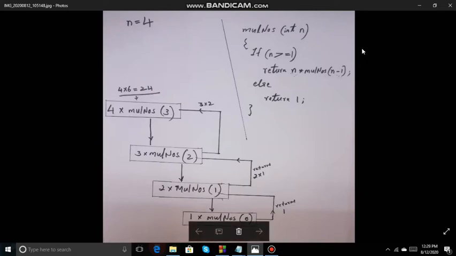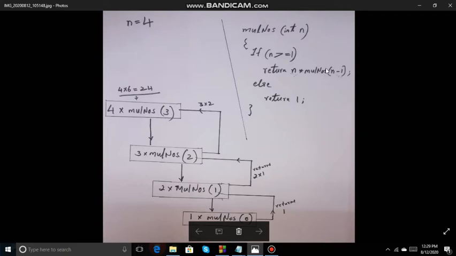To do recursion, we are going to take the example of factorial. We are going to find the factorial of a number by way of recursion. So in this case, we are going to find the factorial of, say, n is equal to 4. The number is 4. So this is the function for that. This is the function where it is calculating the factorial of that number.